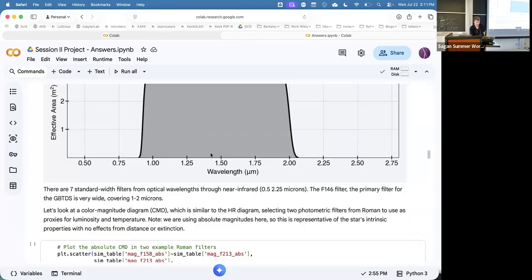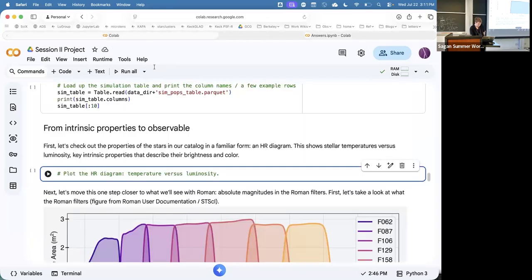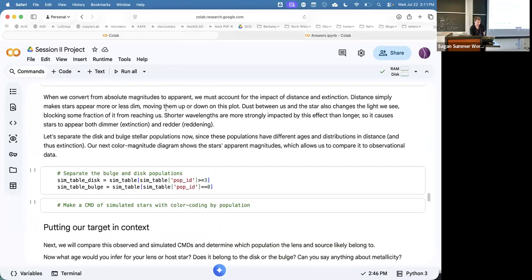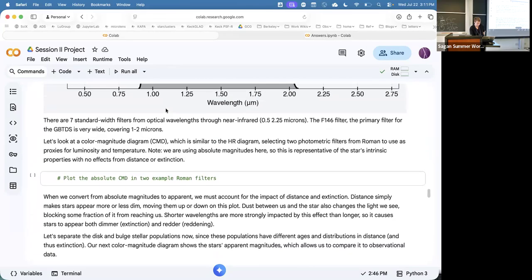So let's take our galactic model catalog and make a color magnitude diagram now, moving away from the HR diagram into something more analogous to our observational catalog. This is very similar to the color magnitude diagram you already made, but we're going to make it from the simulation table this time. And then once you've created your basic color magnitude diagram here,